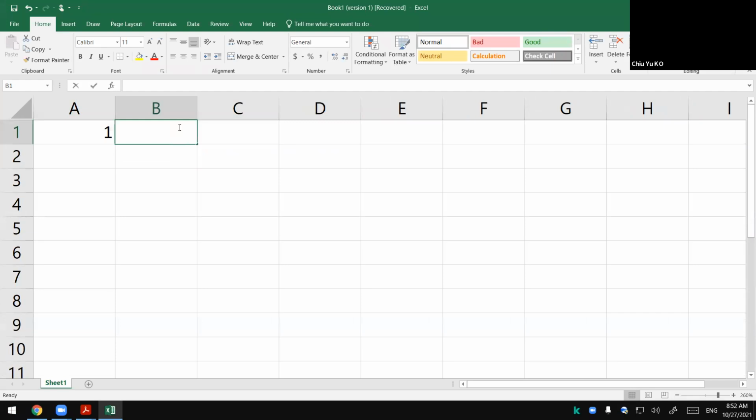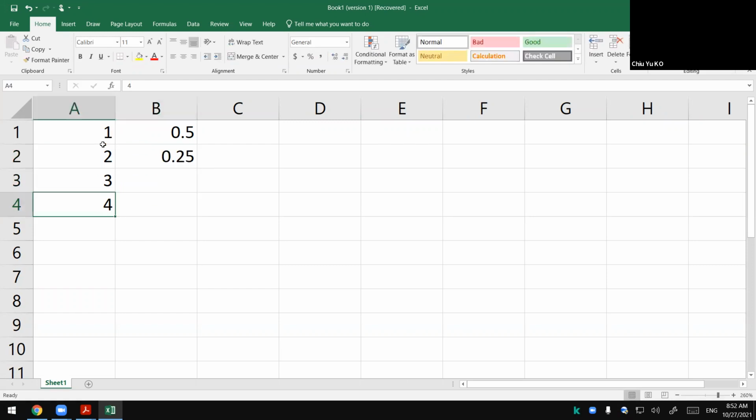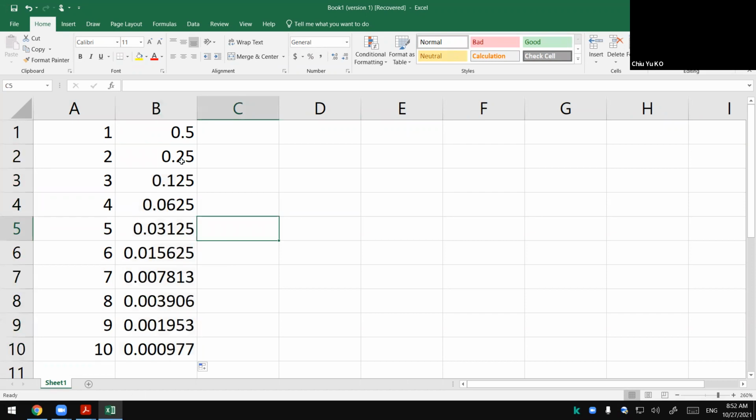So the first time is 0.5, right? The second time, 4 times, okay? So basically it's 0.5 raised to the power of this number. So you can see if the lady gets it right the first time, it's by luck, half of the chance. If you get it right by chance, it's only